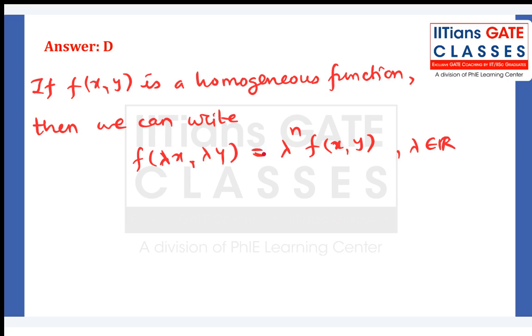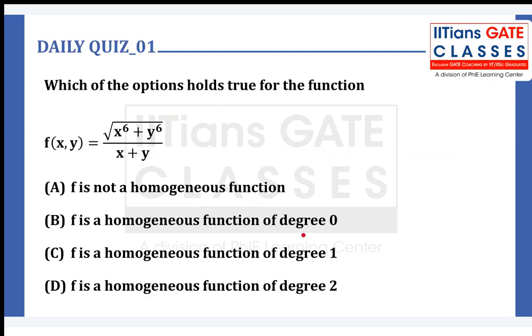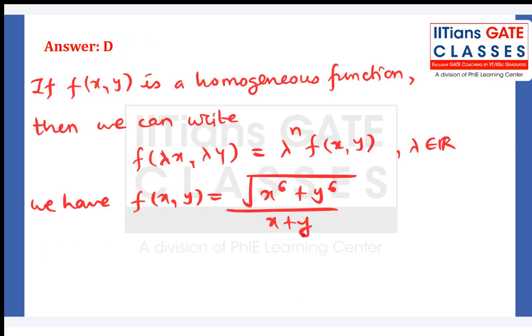So what do we have in this question? We have f of x comma y as the square root of x to the power 6 plus y to the power 6, divided by x plus y. Let me just confirm. Yes, this is the definition of your function. And now what you're supposed to do is